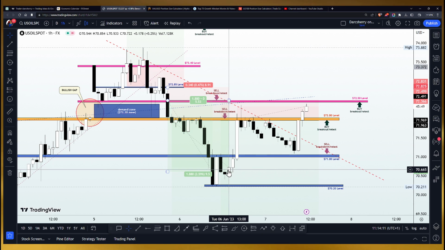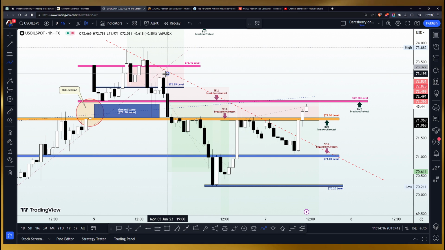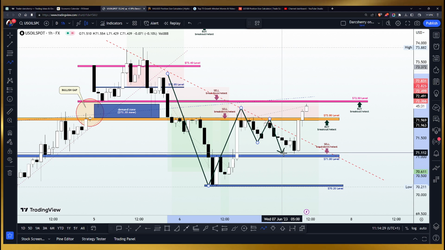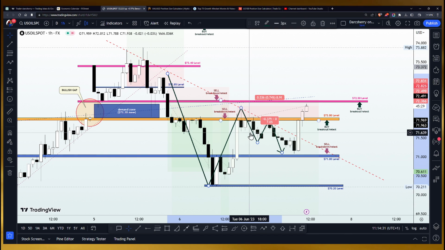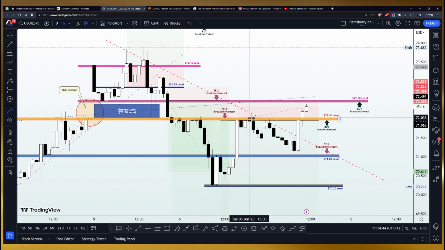And during the live session yesterday, I told us all that for those who had missed out on this bearish momentum that we have been enjoying since the beginning of the week, there is a likelihood that price action could come back and retest our key level at the $72 area to incite another wave of bearish momentum. And this was exactly what happened. A little bit into the later part of the New York session yesterday, we saw price action come back and give us multiple retests of the key level to incite a bearish move.